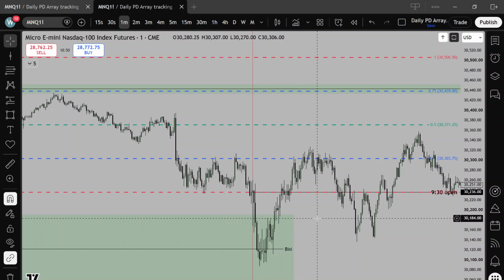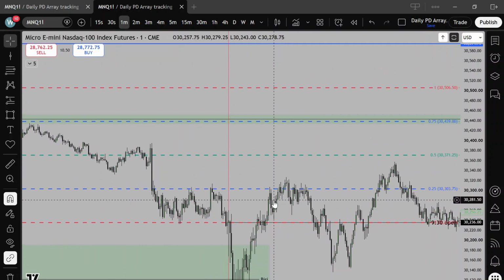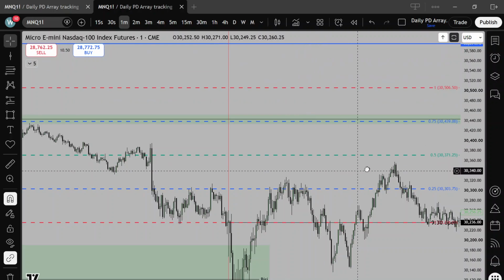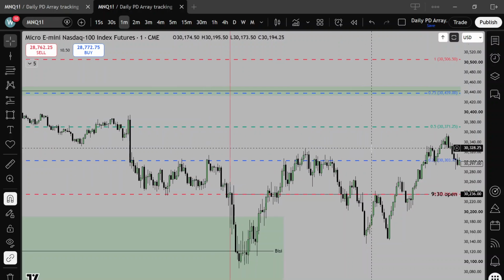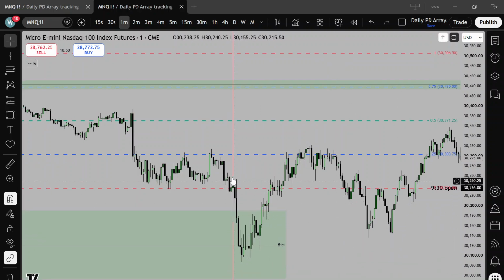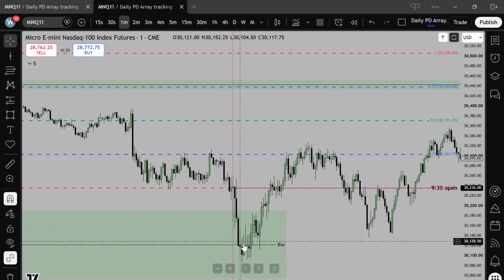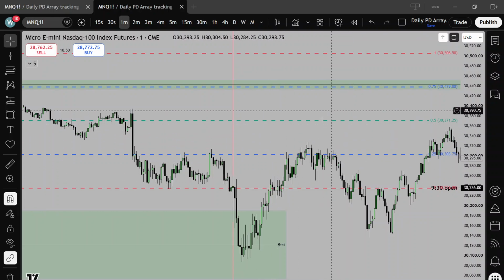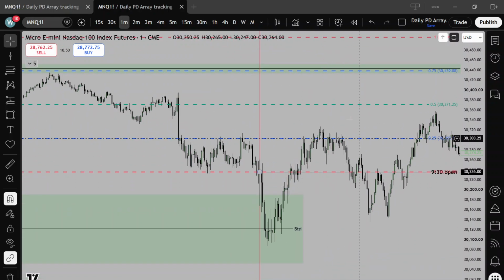So how far it goes, whether it gets to 50% or gets to that, is irrelevant. Because if you still want to look at regular trading hours, you can, because you have pre-market buy side in here and you have pre-market buy side in here. So having those higher time frame, that's going to help you with your draw. Now the narrative of how it actually gets there, that's another story, but that's where having those PD arrays on